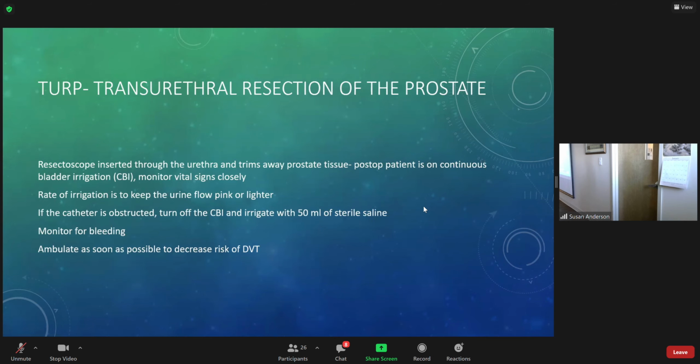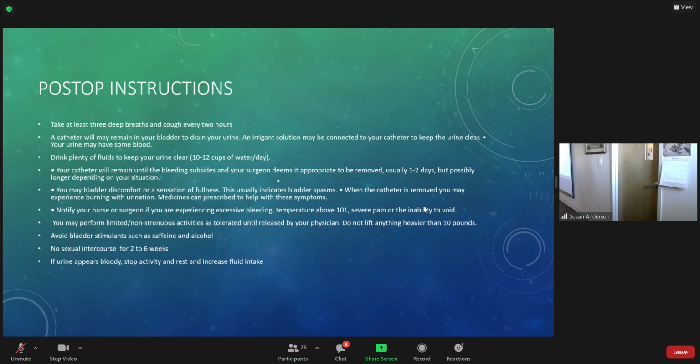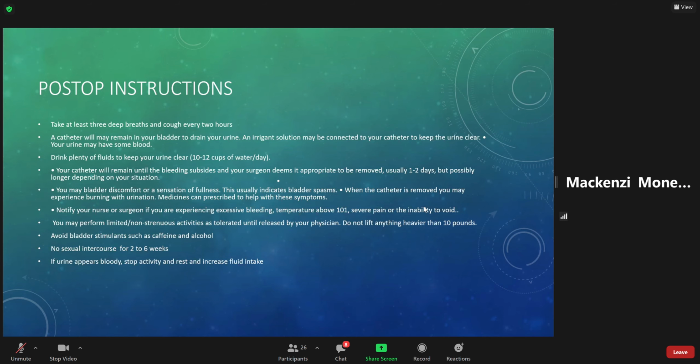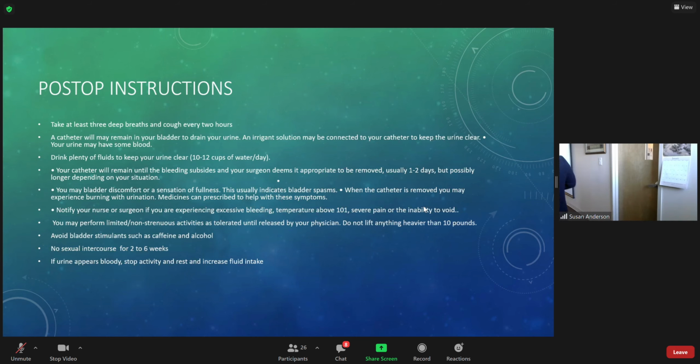We already talked about what a TURP is. You see what I mean about how this PowerPoint kind of repeats the other ones. I'm going to try to combine them so we're not saying the same thing over and over again. Here's key points when the person had a TURP or BPH. Drink more fluids. Again, no lifting, no strenuous exercise, no sexual intercourse for 2 to 6 weeks, depending on how long the doctor tells you. Every doctor